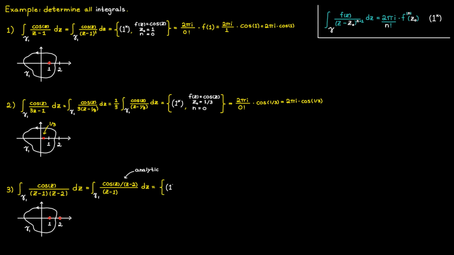So now we can once again use Cauchy's integral formula, but this time our function f is going to be equal to cosine divided by c minus 2, since this thing will be analytic on and inside of gamma. And then we once again have c0 as our point of singularity, 1, and n is equal to 0, which will give us the following. And this thing can be simplified to the following. And now we can just move up our minus 1 and get our final answer.